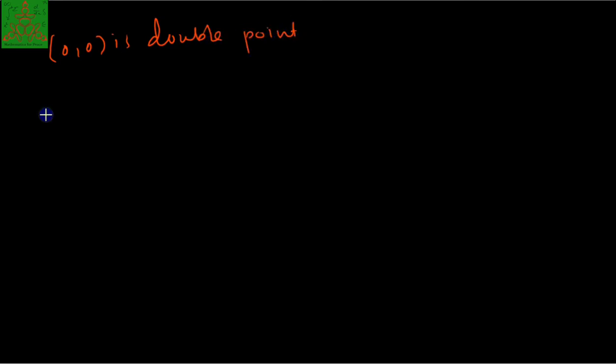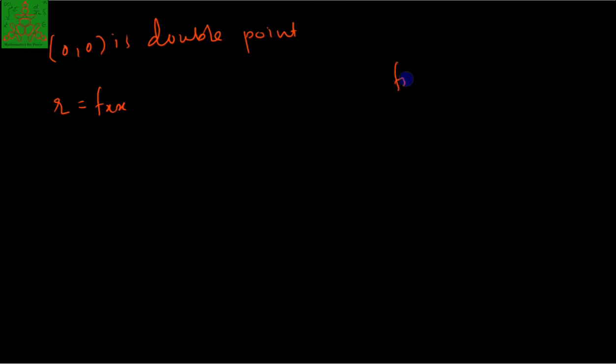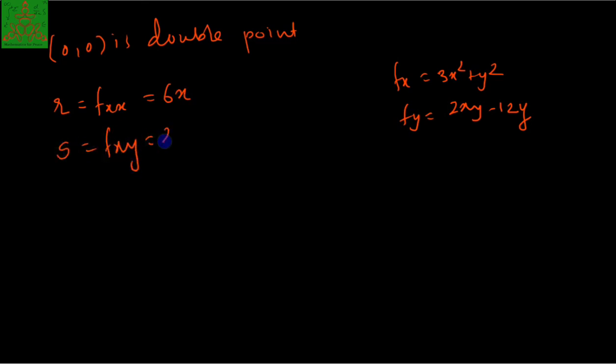For that I need to find R. R is nothing but fxx, and we have already calculated fx and fy: fx is 3x squared plus y squared, fy is 2xy minus 12y. So fxx is 6x,